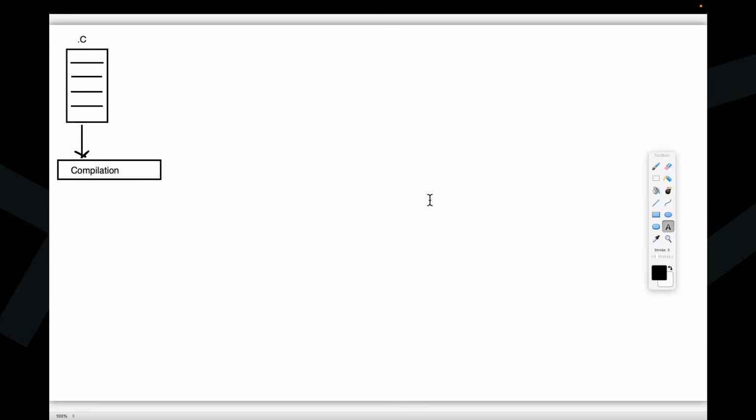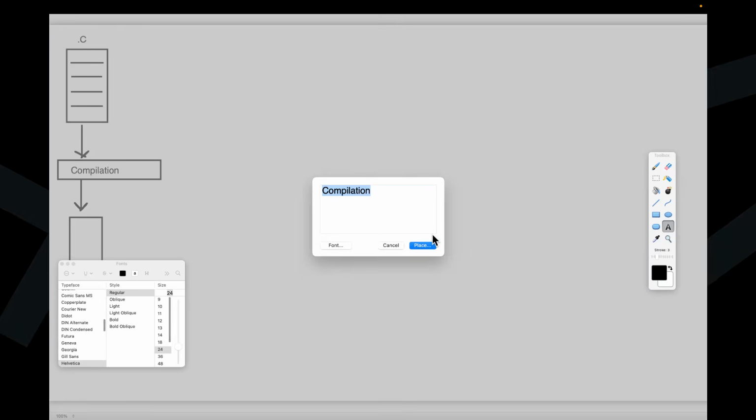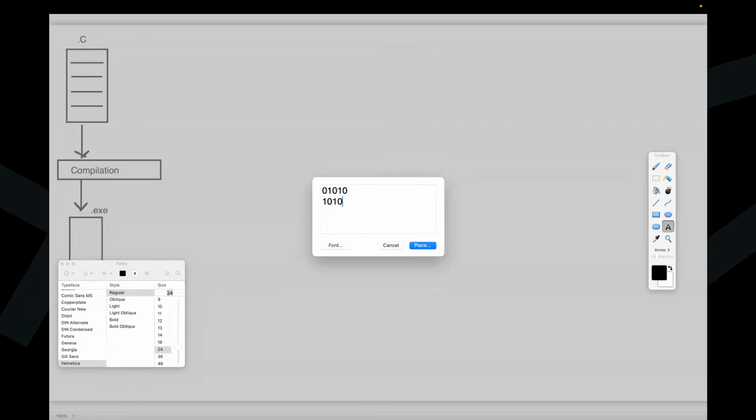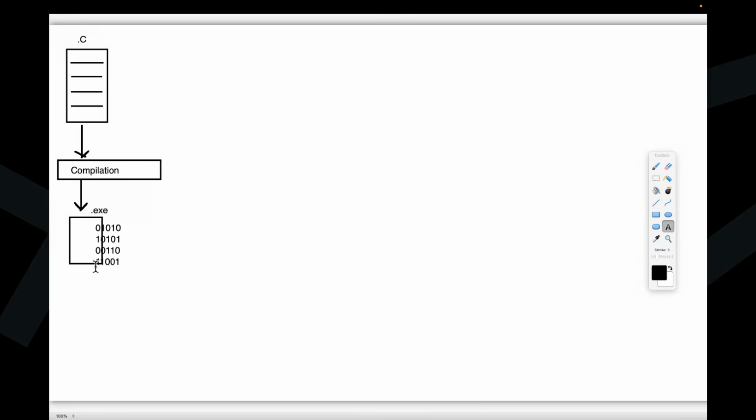Now tell me, after the compilation, what file are we able to get? Come on, answer immediately. When we perform compilation, definitely we get one file. In the case of the C programming language, what file do we get? Yes, an executable file. That's nice. The .exe file. Once you get the .exe file, what code are we able to see inside it? Some executable code, machine code, low level language code. All okay, fine.